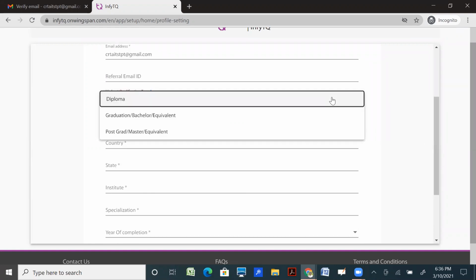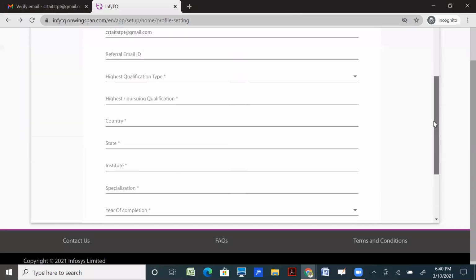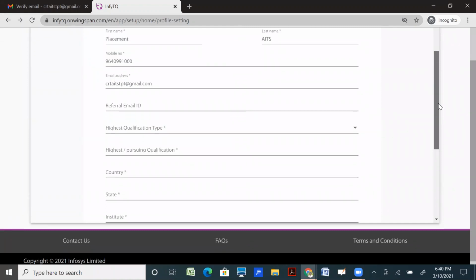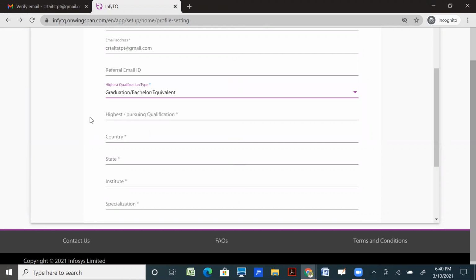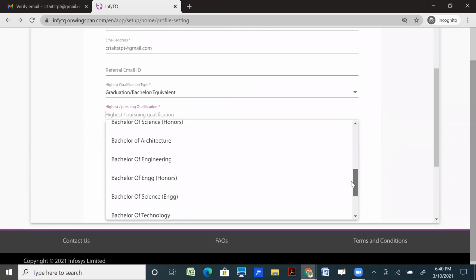Then select the highest qualification. After entering your email address and phone number, select the highest qualification type as graduation or bachelor or equivalent. Then select the highest or pursuing qualification as Bachelor of Technology.